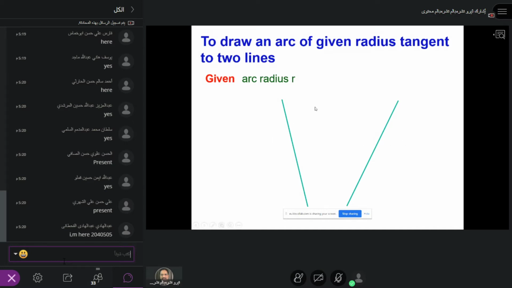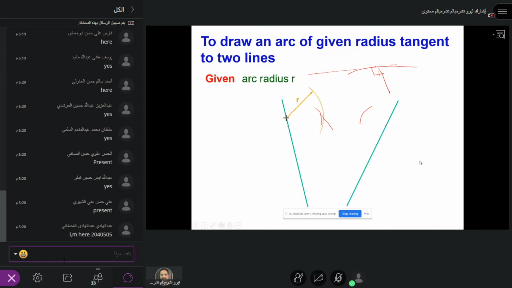So you know a tangent is a line that touches the arc. You remember, if this is an arc, the tangent is the line which passes through it. If you draw another one, this is 90 degrees. So that is the tangent. So now we are trying to draw a tangent for this line and this line. What we should do, if you know the radius, take a point and mark the radius here, and again like this, and then use your tri-square or your mini drafter to draw the tangent here. Now you watch carefully.